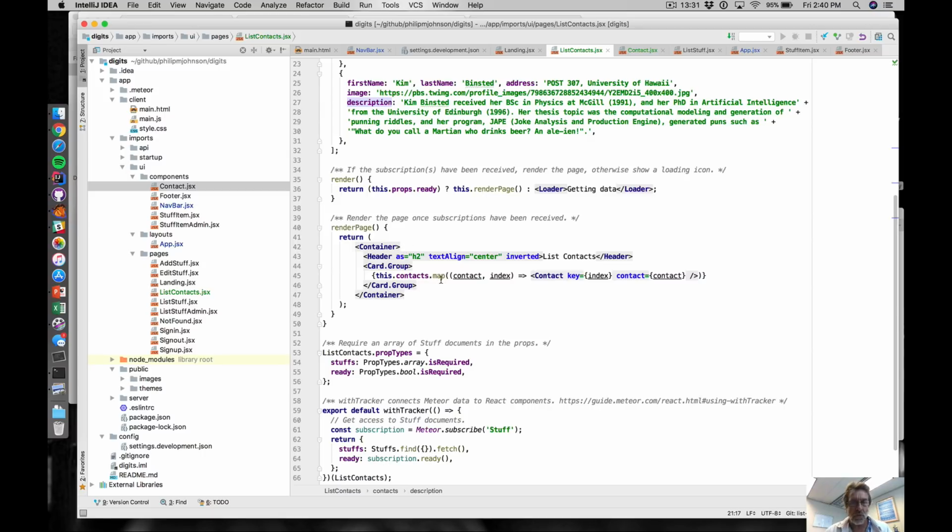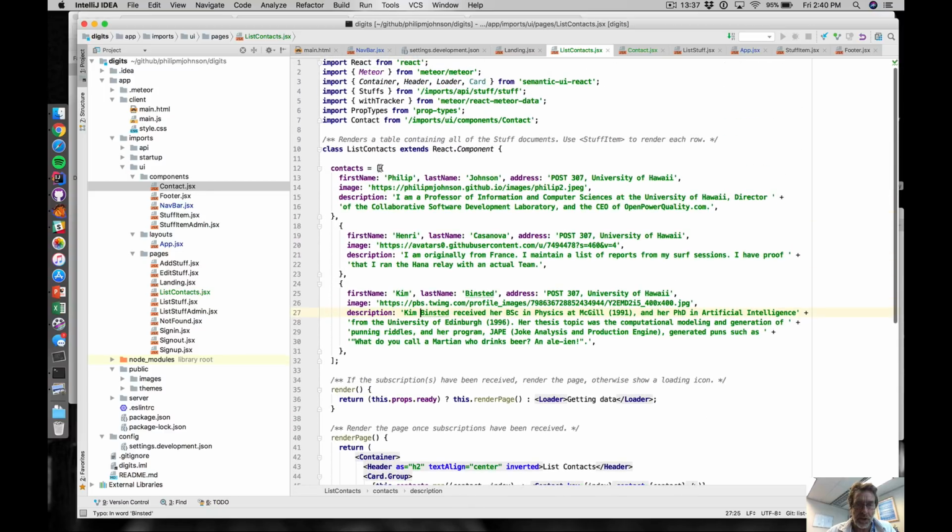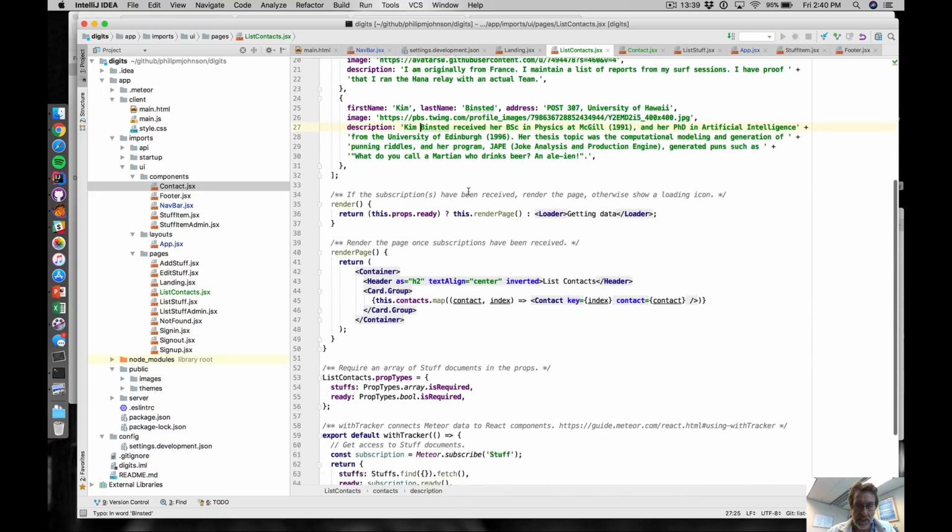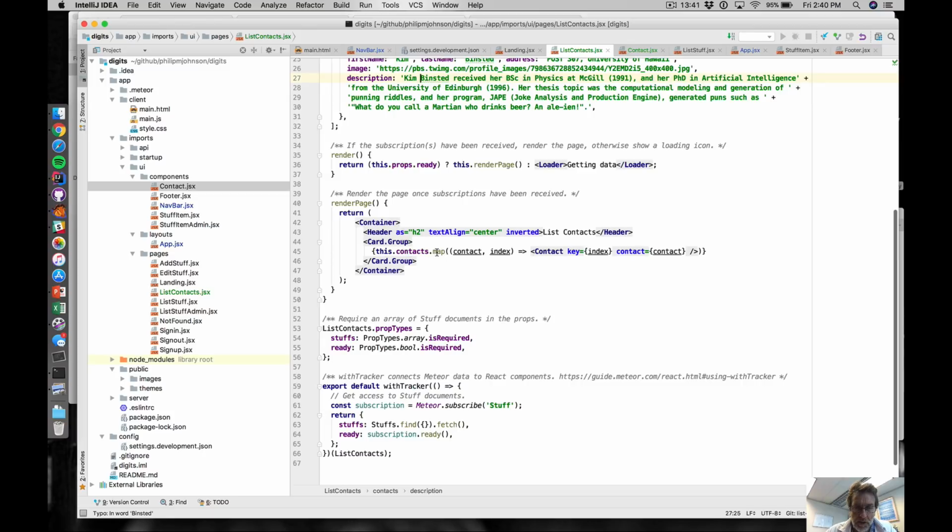All right, so what have we done here? We're mapping through all of the elements of this data structure, which is an array of objects. Each object represents one contact. And then we call the map function on this array, which is defined in ECMAScript 6, and we are passing a function that takes two parameters. The first parameter, always for the map function, is going to be an element of the array that it's invoked on. And then it takes a second optional parameter, which is an index, indicating the position of the element